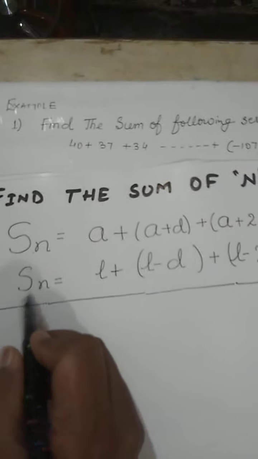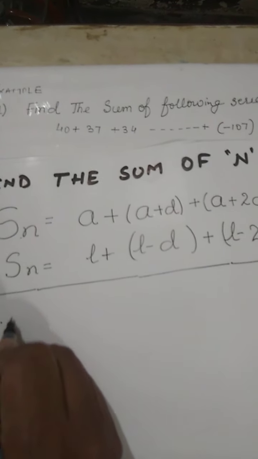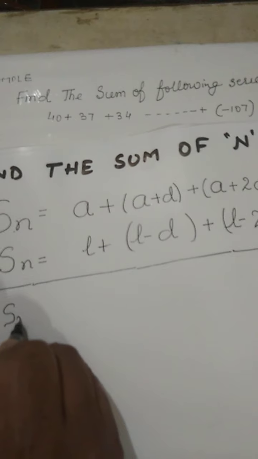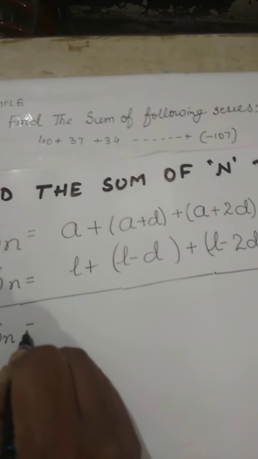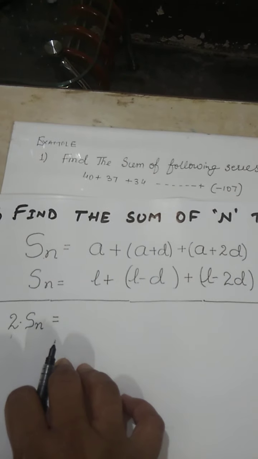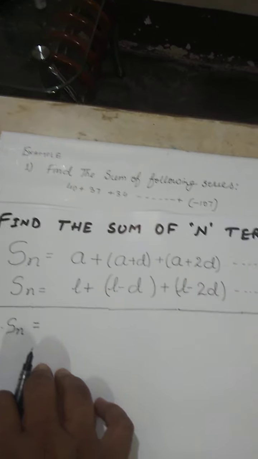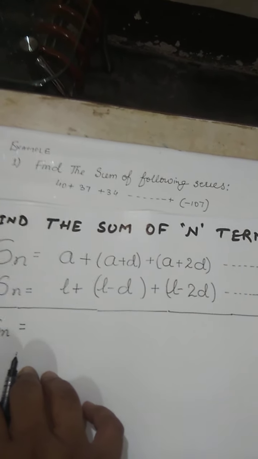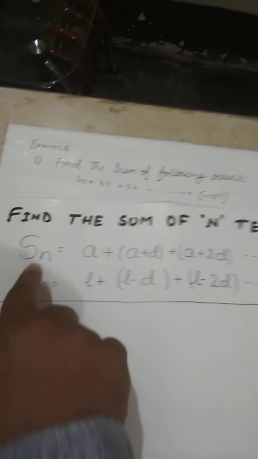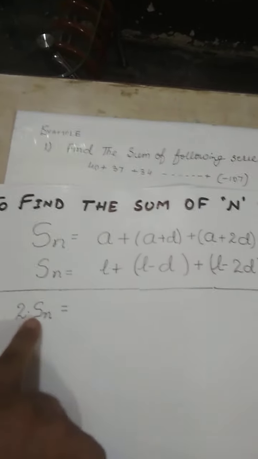Sn plus Sn. Ram plus Ram, 2 Ram. Sn plus Sn, 2 multiplied by Sn. I always use practical things. Sometimes what happens with children: x plus x, what is it? Oh my dear, x plus x. But if I ask in the class, 1 cow plus 1 cow, how many cows? They will say 2 cows. That's why I have given this example here: Ram plus Ram, 2 Ram. So 2 multiplied by Sn.